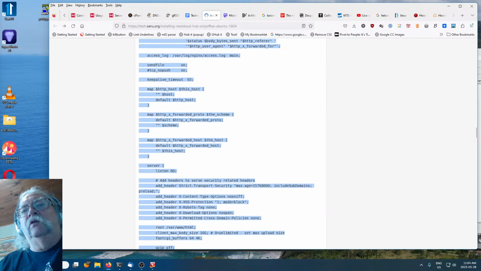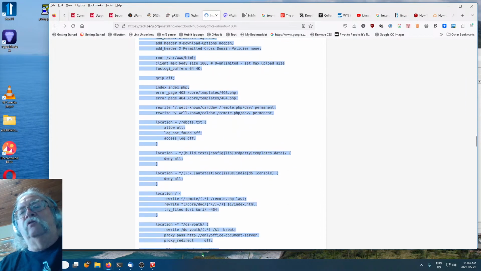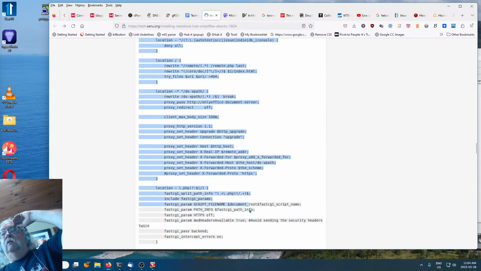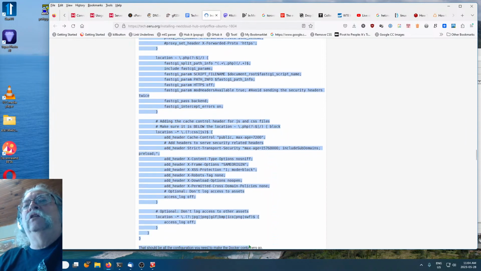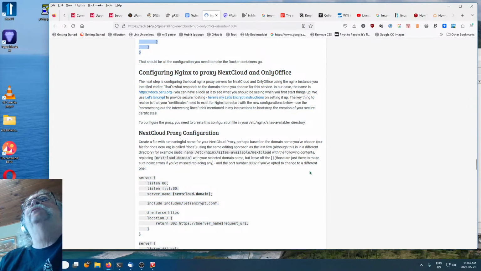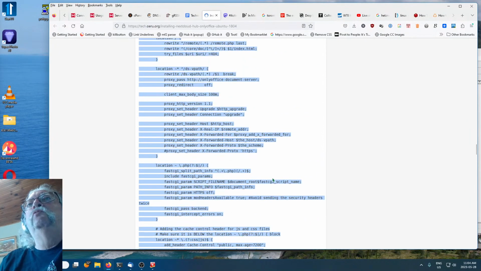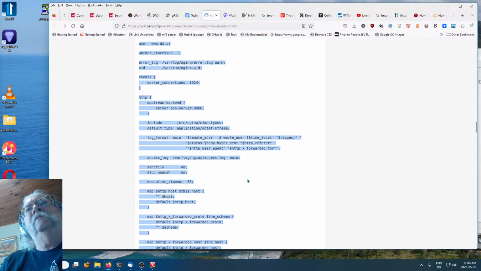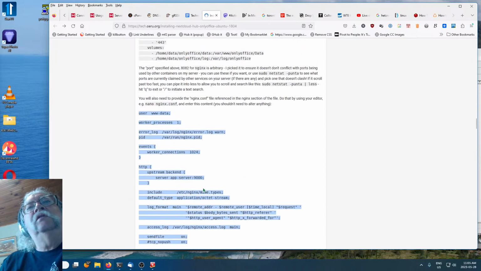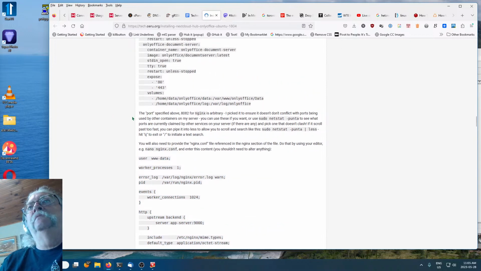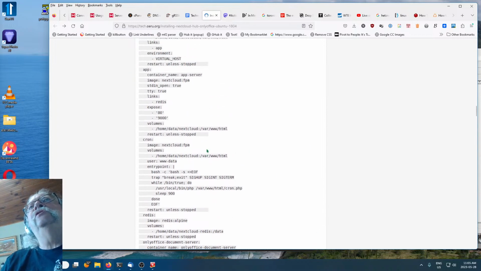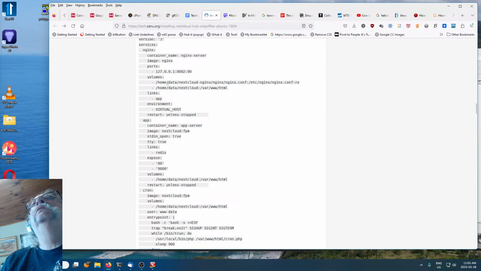What this is basically doing is telling nginx, which is our little web server, how to handle incoming requests, because these incoming requests need to be routed to the different Docker containers, right? So, okay. So we'll copy this. Now, he isn't clear here, but I will be. This file, nginx.conf, needs to go, I believe,